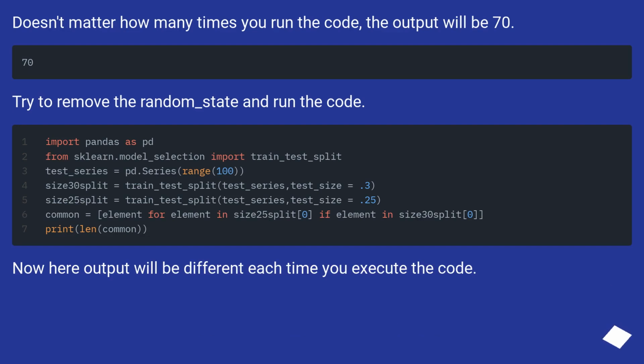Doesn't matter how many times you run the code, the output will be 70. Try to remove the random_state and run the code. Now here output will be different each time you execute the code. If you want to simulate the ask consider